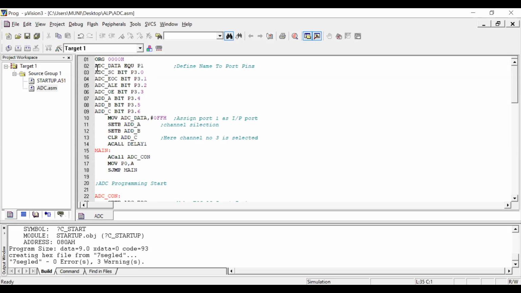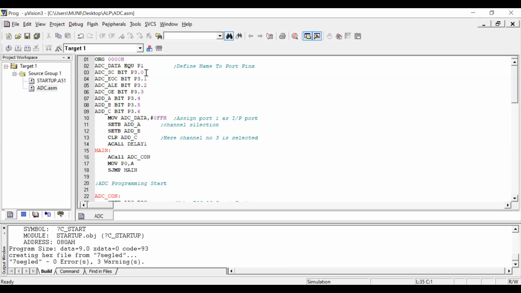Here ADC underscore data is equivalent to port 1. That defines a name for port 1; port 1 is assigned the name ADC underscore data. And next, ADC underscore SC, start of conversion, is assigned to port 3.0.